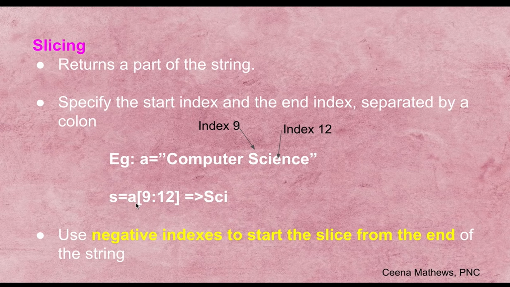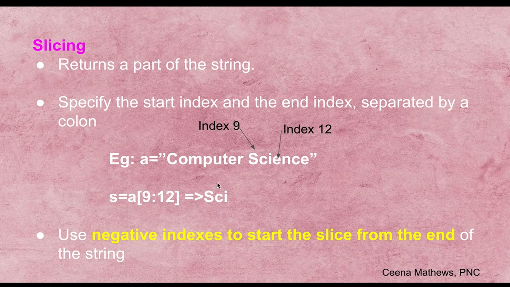Within square brackets specify the start index from where you want to extract the part of the string. Here I am mentioning the start index as 9 and the end index as 12, and both are separated using a colon